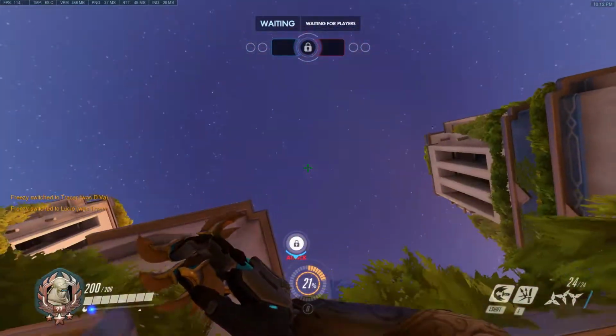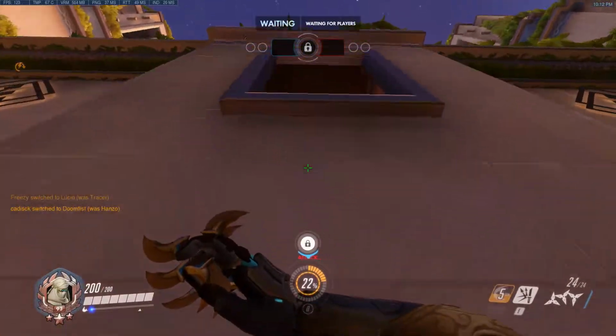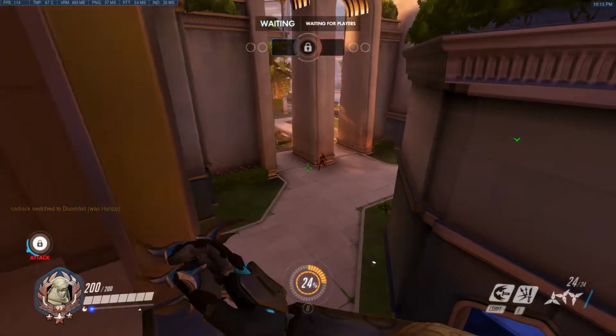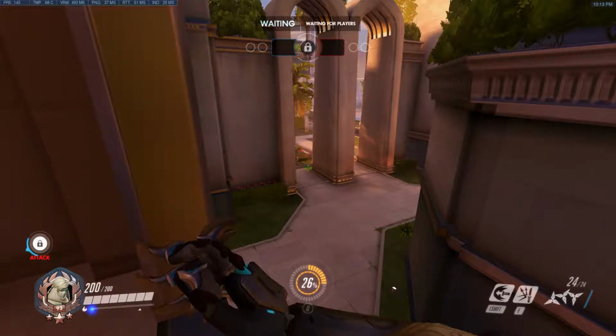There's so much cover for the Pharah, so many good sight lines. Spam damage is really powerful on this point. And you want to run something that can keep up with a dive comp usually, because you want the Winston D.Va to be able to do the high end, low ground to the point. So for this map,